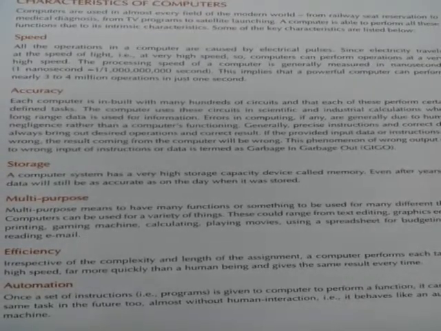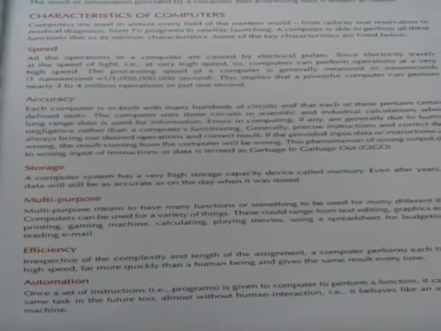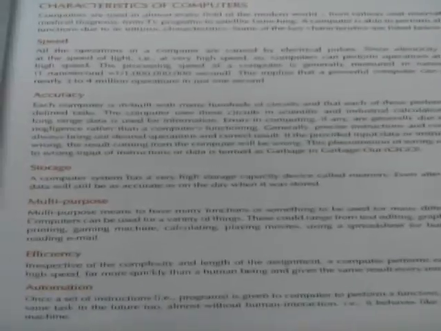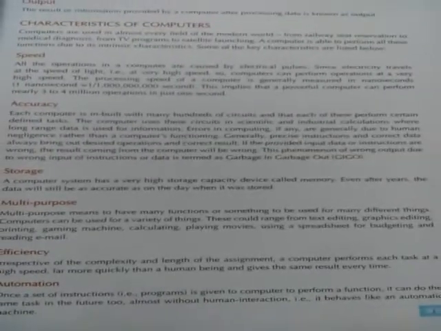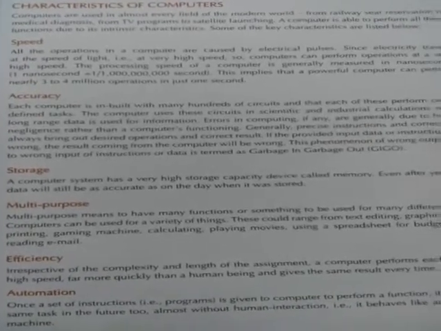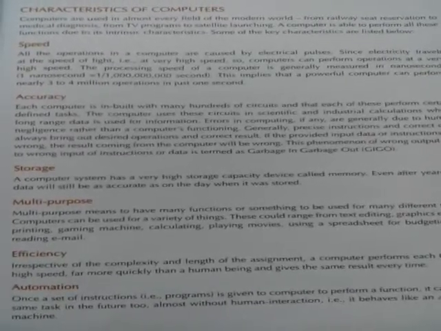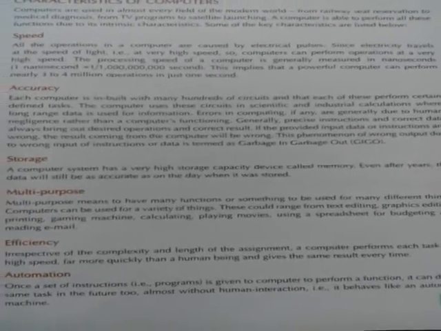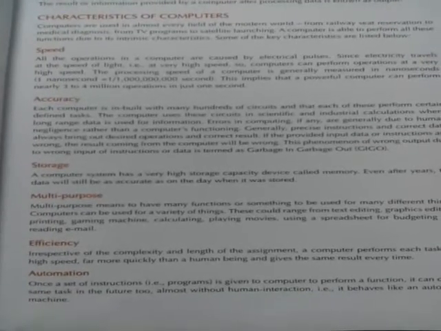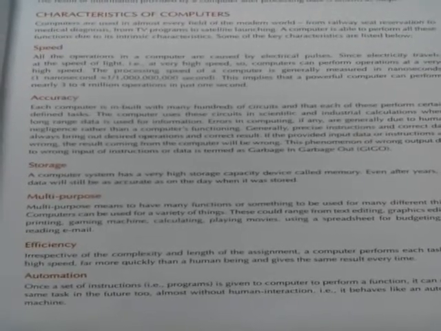The next point we have is multi-purpose. Multi-purpose in the sense that a computer performs many functions and jobs, doing many things within one computer. We are doing a variety of things. So what are those things? We can print and edit graphics, play video games, use it as a calculator for calculating operations, and play movies. We use spreadsheets for making budgets, and we can access the internet and read email. Those are the examples of multi-purpose jobs.